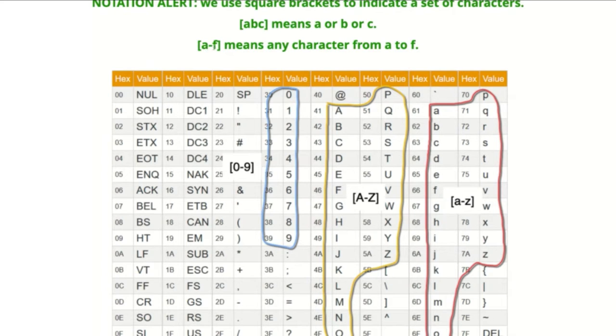And square bracket A-F is going to mean any character from A to F. And these things are going to be based on the ASCII encoding that we talked about in the numbers module. And so just for a refresher,